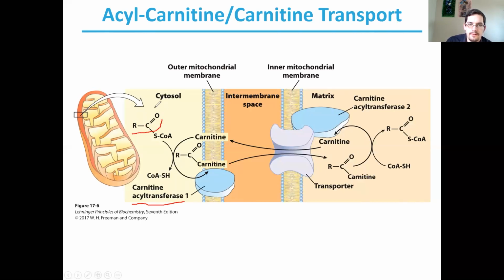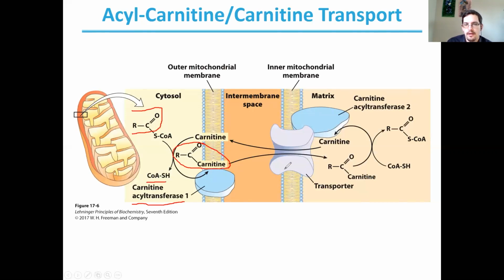So here's our fatty acid. It's attached onto our coenzyme A. We release our coenzyme A and transport that fatty acid onto our carnitine instead. So we transfer from coenzyme A onto the carnitine, and then at that point, it can be transported through the